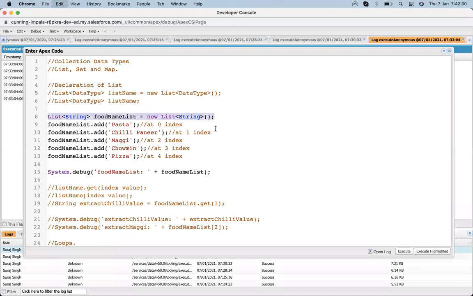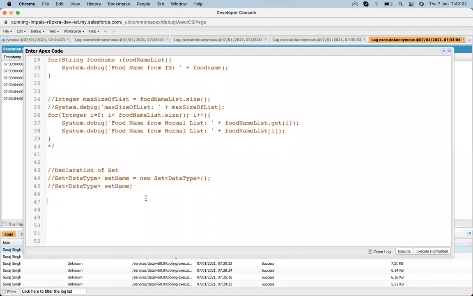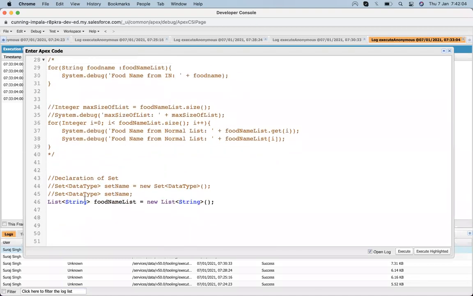I'm adding a set. Set of string, and let's name it for the set of elements, skill set.